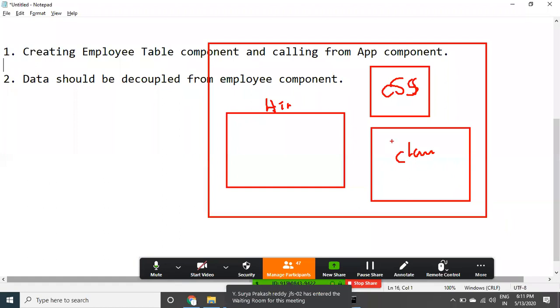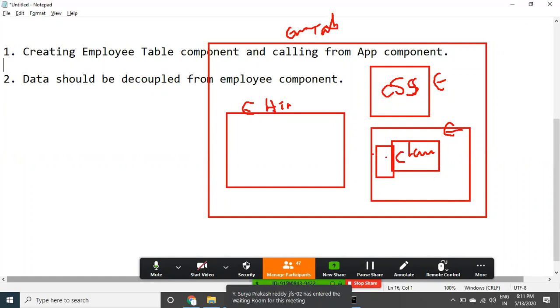If you observe carefully, initially this is the table component, assume the employee table component. This is the employee component class, this is employee CSS, this is employee HTML. In the first task, the data will be available in the employee component class.